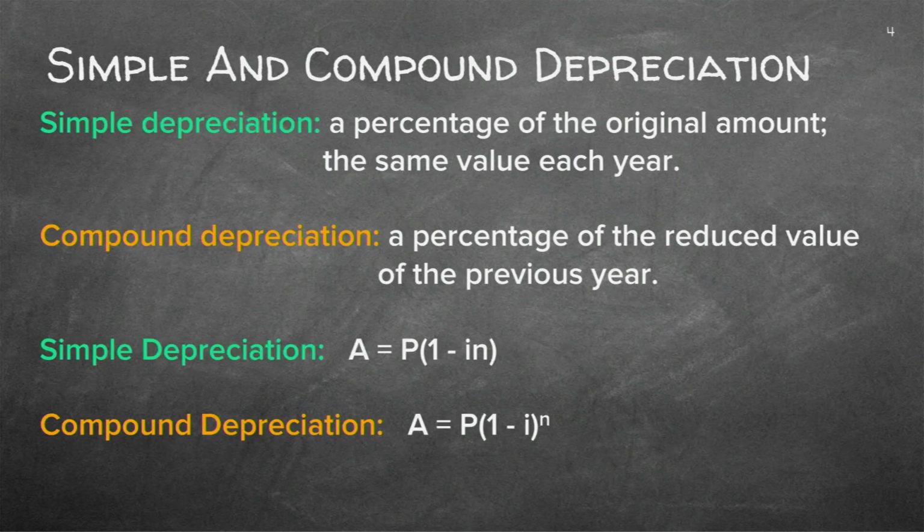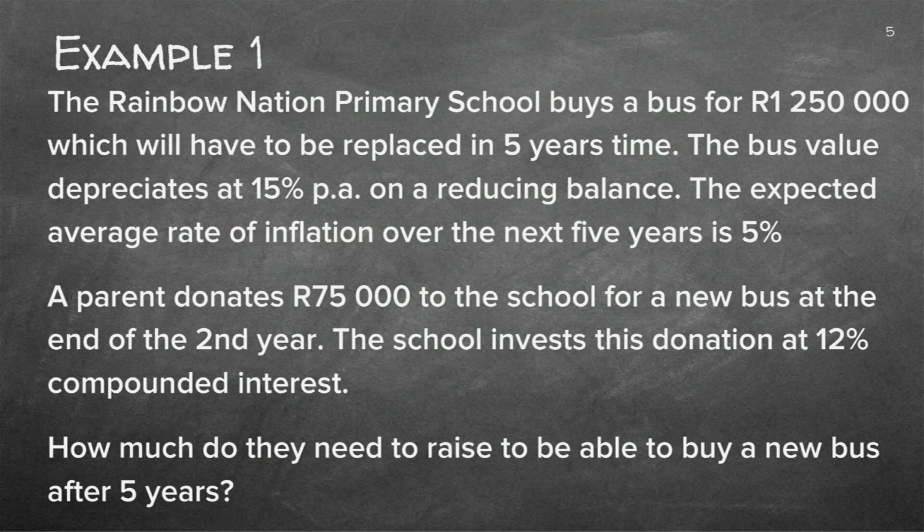Just quickly to go back, remember the big difference between simple interest, all on one line, straight line, or compound depreciation or interest, doesn't matter. Then you put the exponent on the top. It's a little bit more complicated. Now you'll see if we do these examples, that is absolutely proper real life questions, things that's going to happen to you in the future when you're done with school. And if you can work these things out all on your own, and then you go to a bank to negotiate with them, you will be well off.